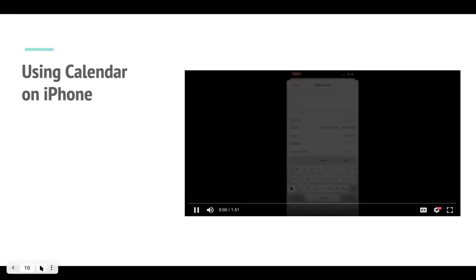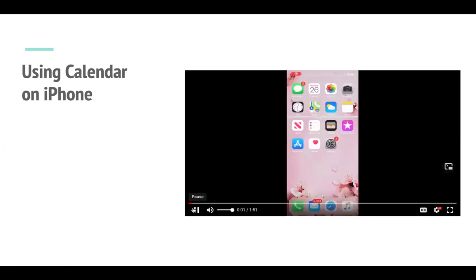This purple area just shows how long the event is going to be. So from 1 to 4. And if I exit out and go to the main calendar where I was before, it's going to show a little dot every week when the event is. As you can see,